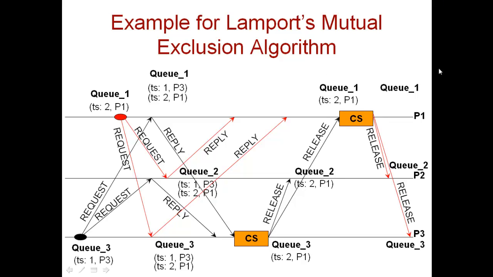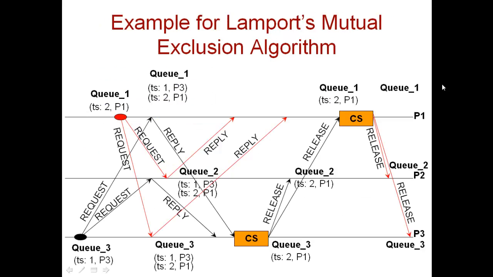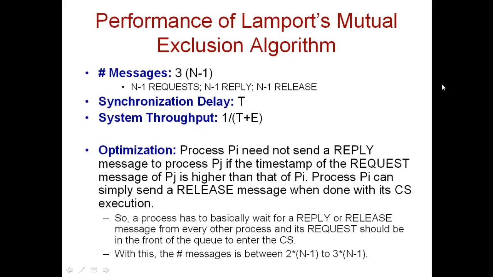So at the end, no process has any leftover request message in the queue because only these two requests were generated. If you look at the message complexity, to access a critical section and to come out of it, a process has to send request messages to the other processes. If you have n processes, each process has to send n minus 1 request messages, one to each of the other processes, and then it has to collect n minus 1 reply messages, one from each of the other processes, as well as send out the release message to the other processes. So you have n minus 1 request, n minus 1 reply, and n minus 1 release messages. So it is 3 times n minus 1, which is basically